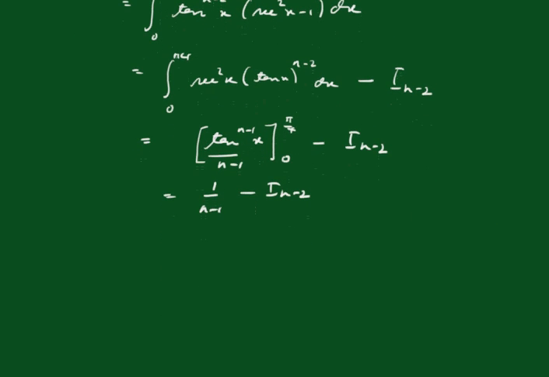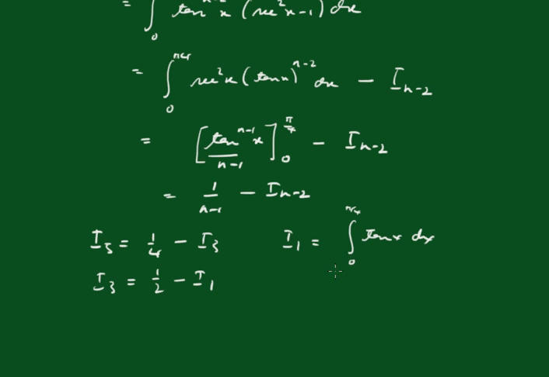Okay, now we're going to find I5. Well, I5 is going to be 1/4 minus I3, and I3 is going to be 1/2 minus I1. Now I1 equals the integral of tan x dx between pi upon 4 and naught,